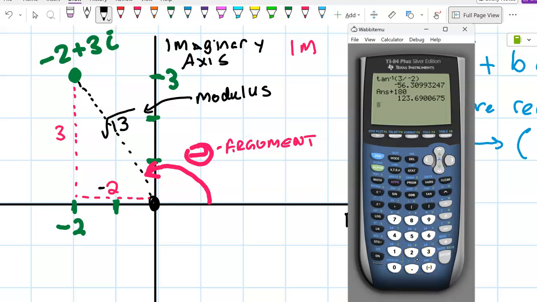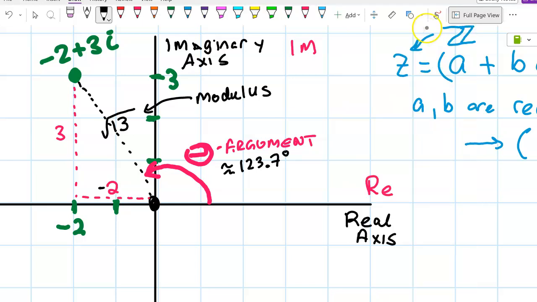Another option is to remember that our complex number is in quadrant 2 and think about what inverse trig is defined properly in quadrant 2. The only function that is defined in quadrant 2 correctly is inverse cosine. So we could just use inverse cosine of negative 2 divided by square root 13. There we go. And we should get the same answer. However we want to slice it, finding the angle with inverse trig, we do want to find the big angle. And that angle is 123.7